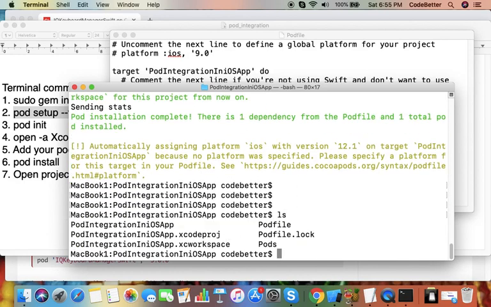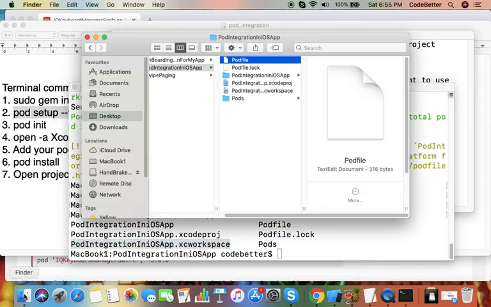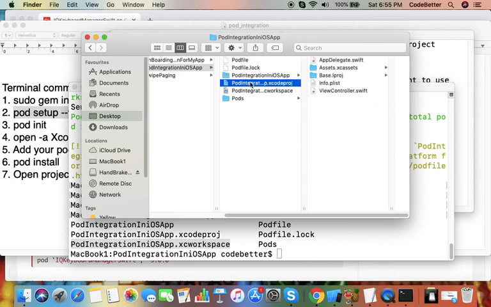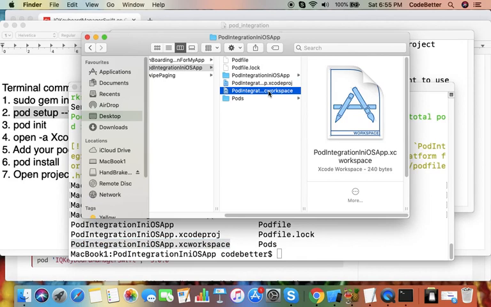I can check how many files I have. So I have the pod file, iOS project file, Podfile.lock, and workspace. So this workspace file is more important now. So I have to go to the folder. Now you can see many files here. You have to open the workspace because now you have 2 projects.